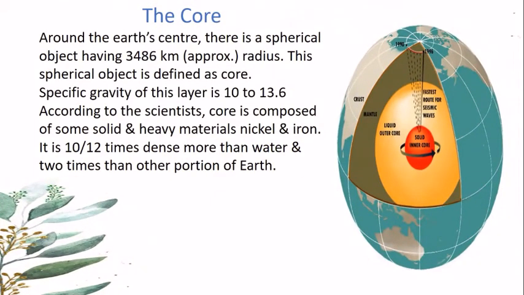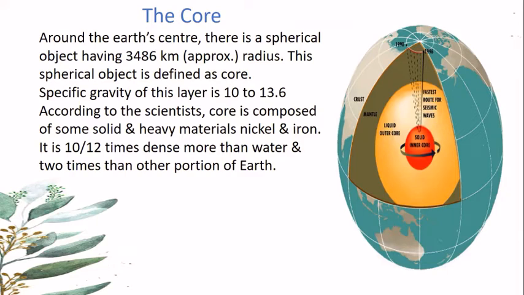So one by one we will start to know. As the radius of the round-shaped Earth is approximately 6,371 kilometers, around the Earth's center there is a spherical object having approximately 3,486 kilometers radius, and this spherical object is defined as the core. This portion is the core, and the specific gravity of this layer is 10 to 13.6 according to the